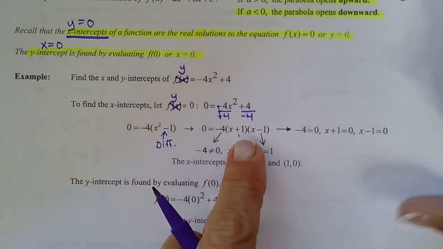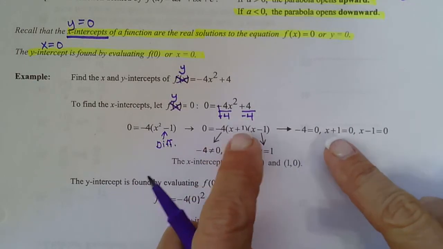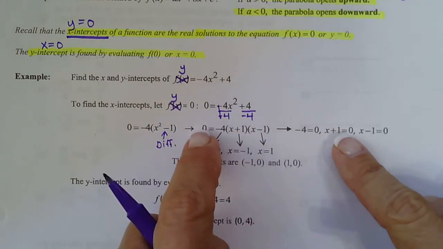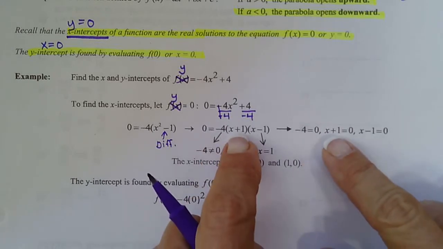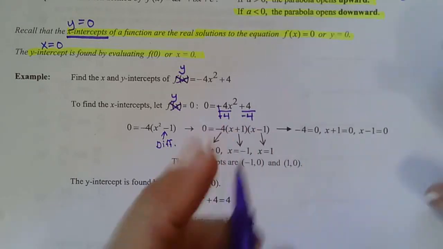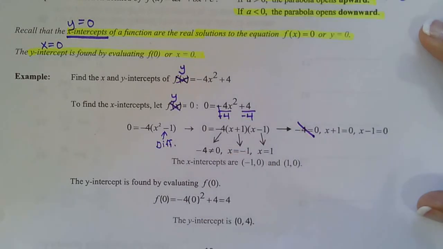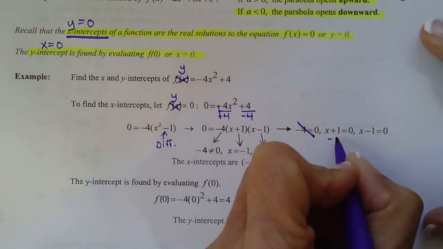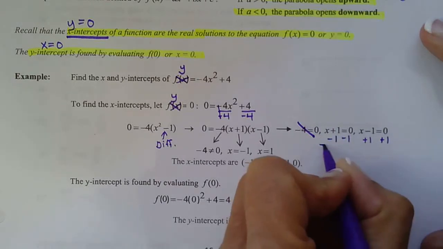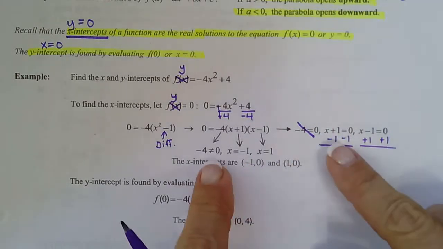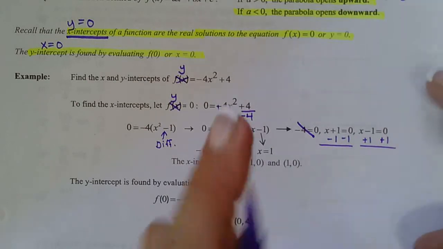So using the zero factor property, if a times b times c equals 0, then either a is 0, or b is 0, or c is 0. So -4 can never equal 0, so that's out. So to get your two solutions, or your two x-intercepts in this case, you solve those, and you get x equals -1,